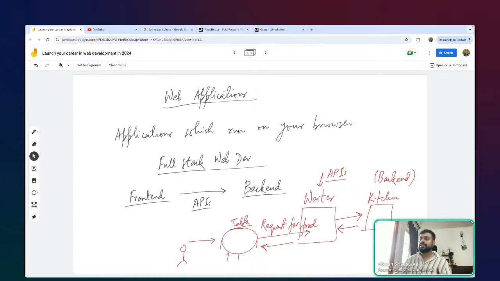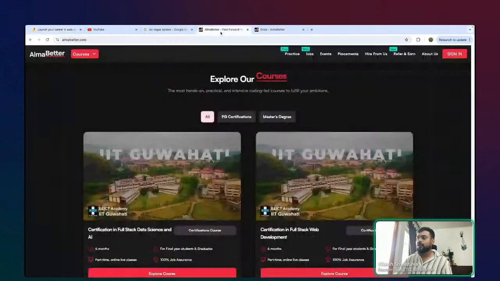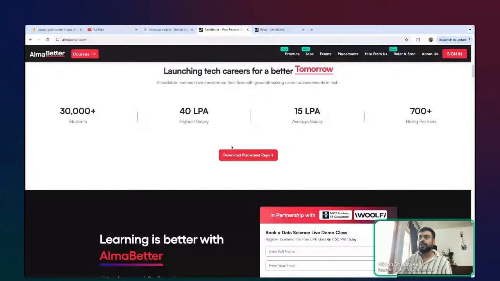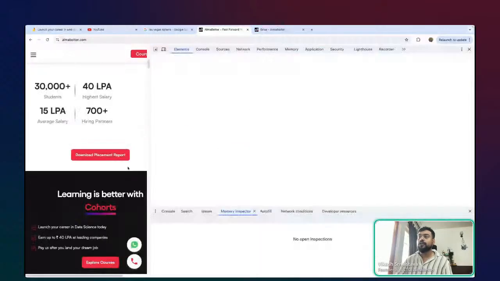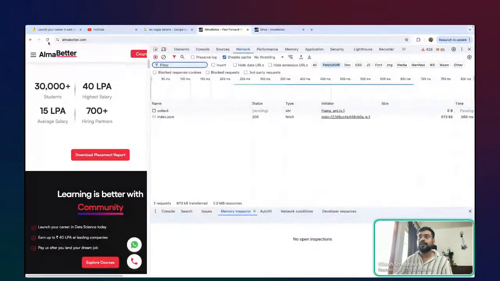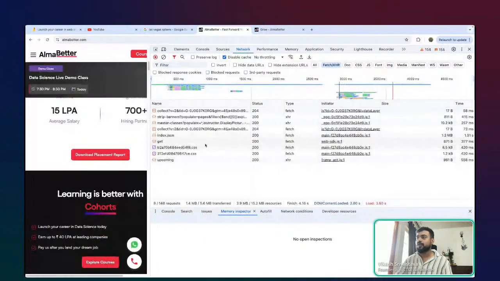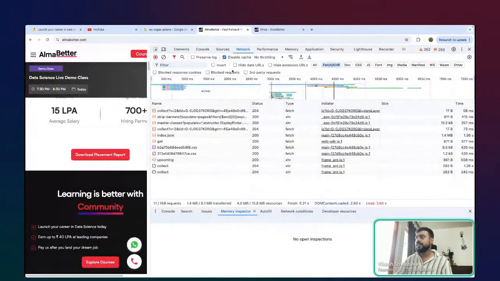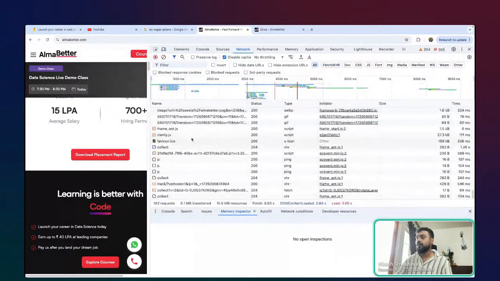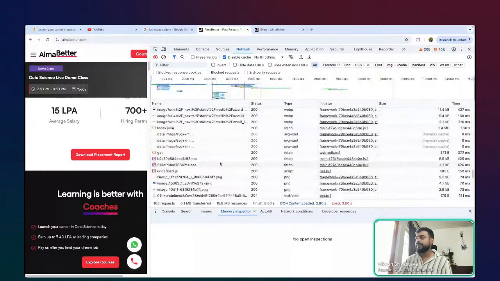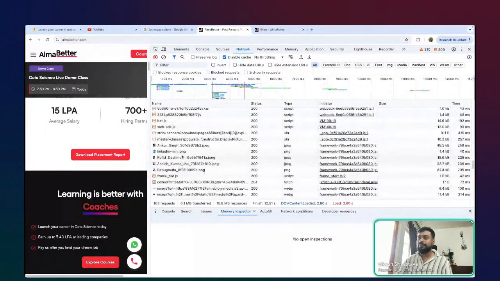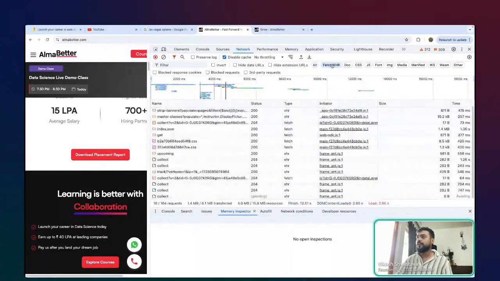So for example, I want to see some content on almabetter.com. It is not just going to be visible, right? When you're visiting almabetter.com, what is happening? If I'm visiting almabetter.com, I'm essentially requesting a lot of information. If you go to the network tab and reload here, you'll see I'm requesting a lot of information. If I go to All, I'm requesting images and whatnot. But if you look at Fetch/XHR, these are essentially your API calls.